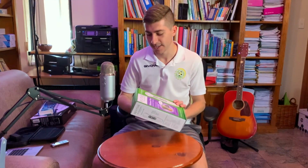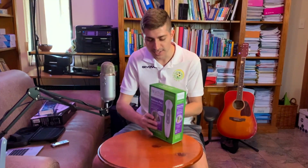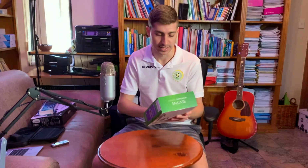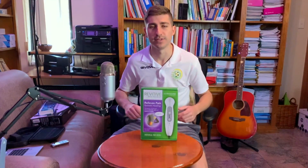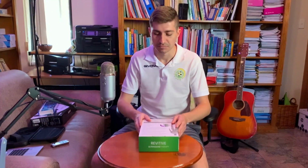So today we have a really interesting thing to look at. It is essentially just an ultrasound therapy machine from Revitive, I don't know how to say it, but that's the brand. Now, essentially, they say this relieves pain and speeds healing. Therapeutic ultrasound relieves muscular pain and supports healing. So a lot of physios, doctors, surgeons will have this sort of product that they use on patients, and it's supposed to just encourage healing, basically aid a whole range of injuries that might get you back on the field